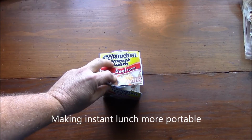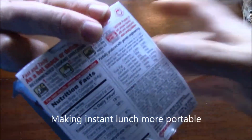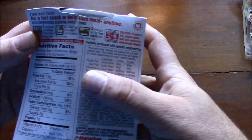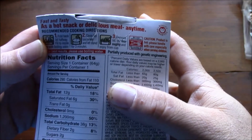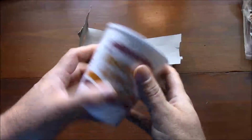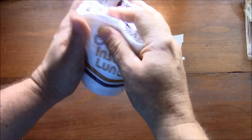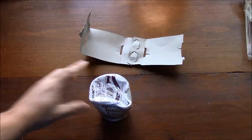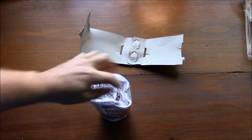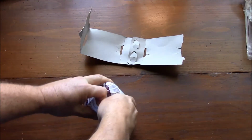Now, what I typically do with one of these, remember this right here is 290 calories, almost 300 calories in this right here. And I don't want this styrofoam container. So I just basically break up the noodles inside of the container as such. And I'll either take that right there after opening it, and for the short term, place it in a Ziploc bag,